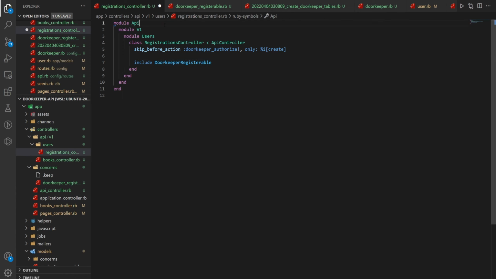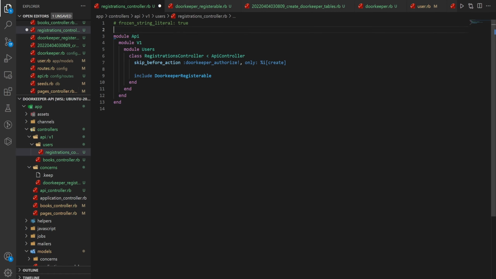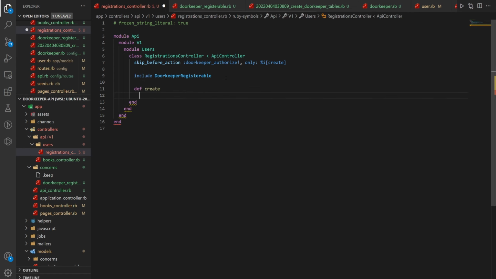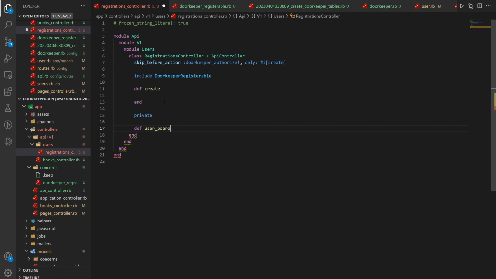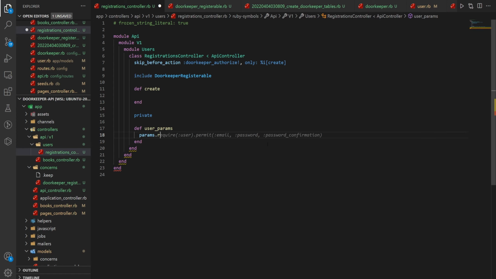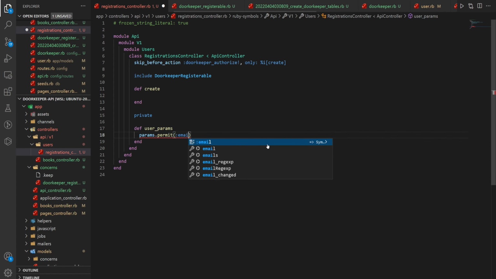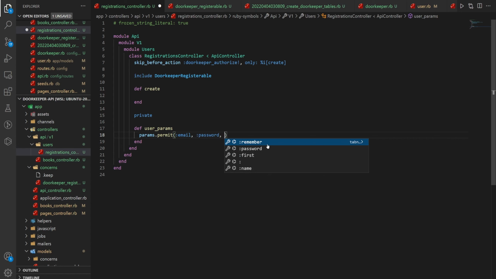We can now come back into this registrations controller file. We can actually use those helpers that we just created. So inside of a registrations controller, the only thing we really need to do is define a create action. And we also need to define down here a private def user_params, end. And our user params just need to be params.permit for :email, :password, and